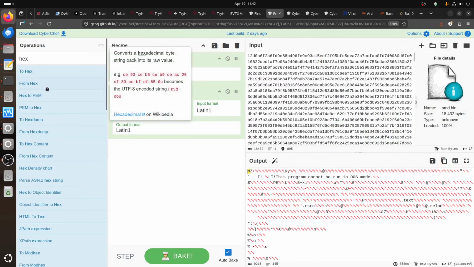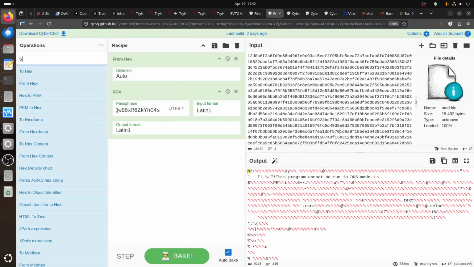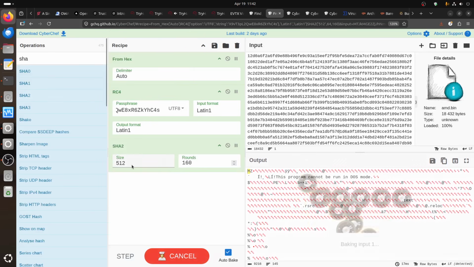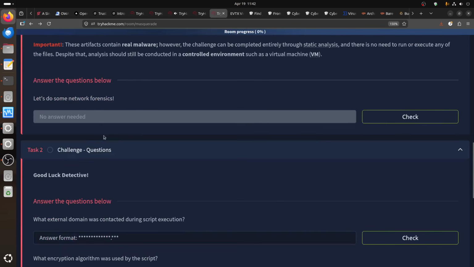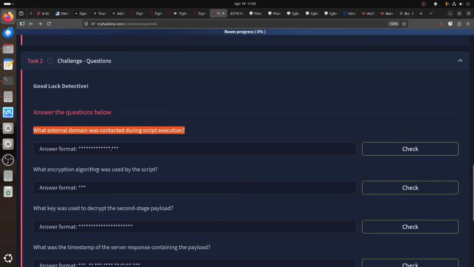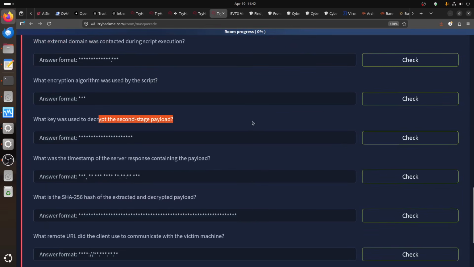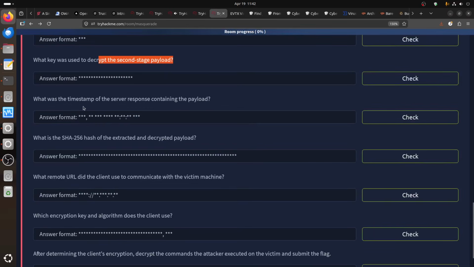You can just get your SHA. SHA-2, not SHA-3. Go to 256, and you can get your hash. Okay, so we have the domain, we have the algorithm, we have the encryption key, and the timestamp of the server